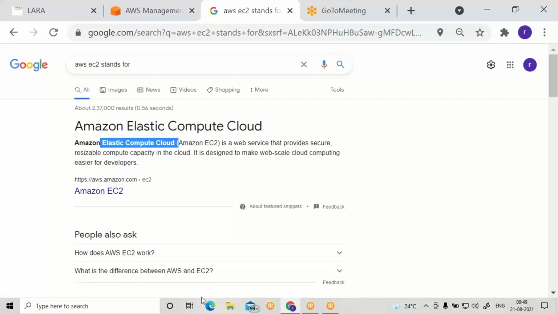It is like a system in the cloud, like a laptop in the cloud. In the cloud, we need to create our system, our laptop. So that is nothing but Elastic Compute Cloud, EC2.